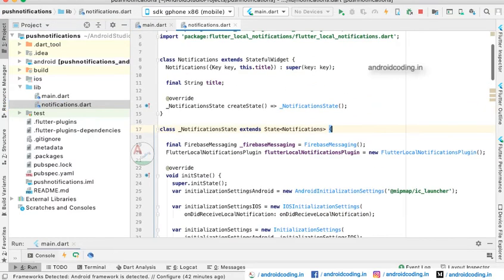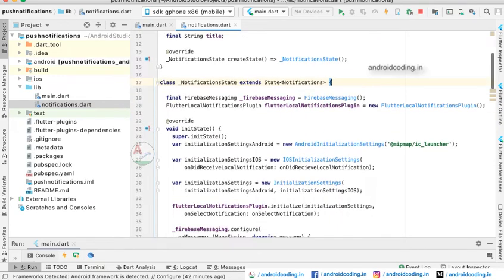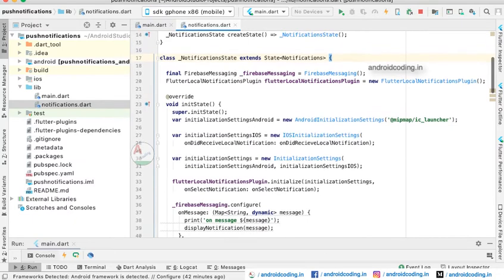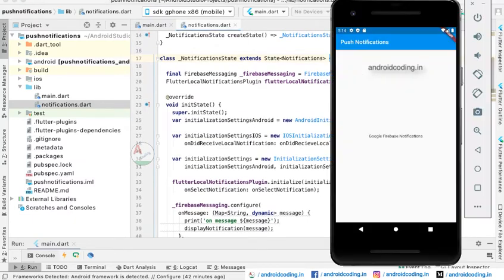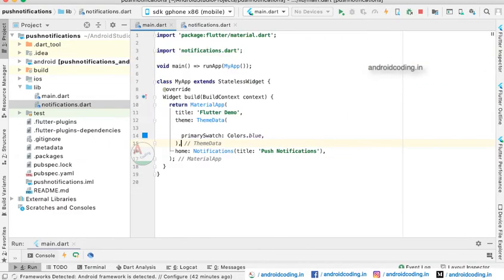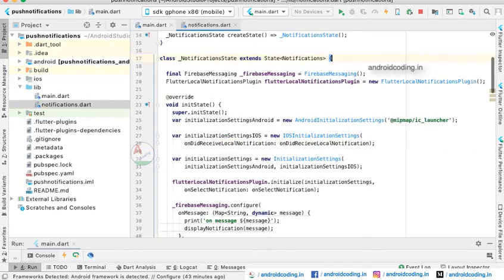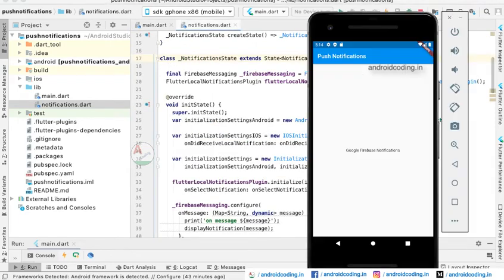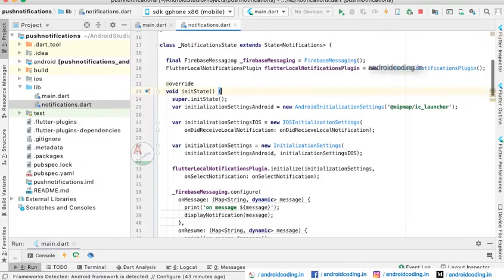We are fetching the title and displaying it on the app bar. Till now, what we discussed, you can see here, is the output screen. The title which we have passed from main is received in the notification class and printed over the app bar, and here I have provided a sample message.